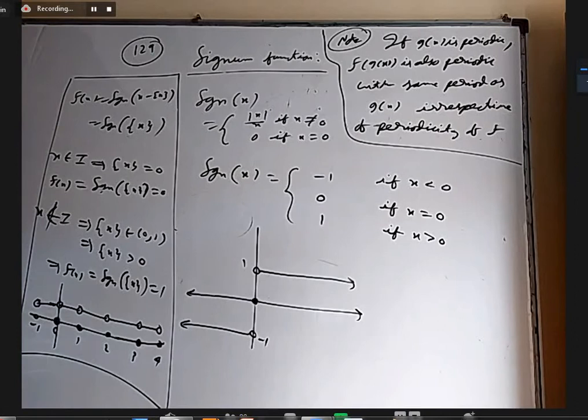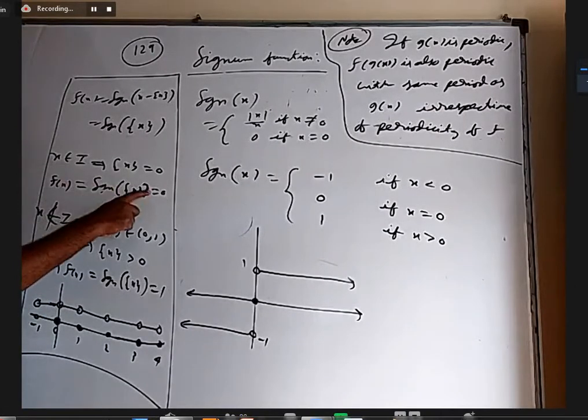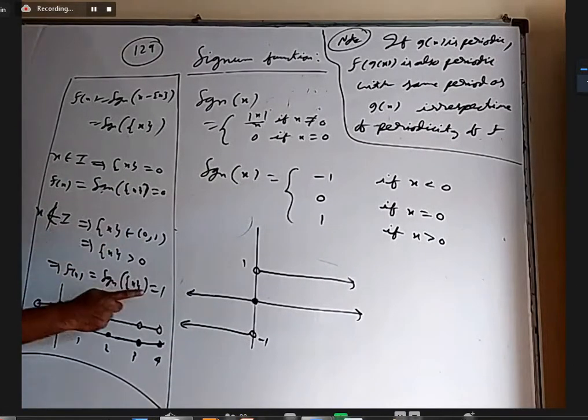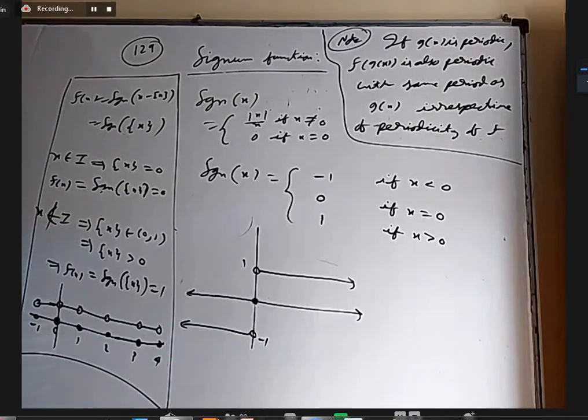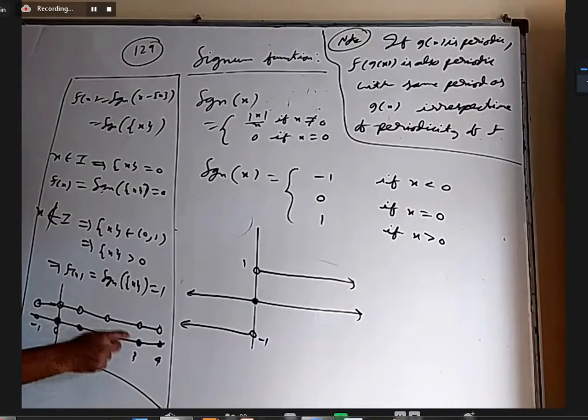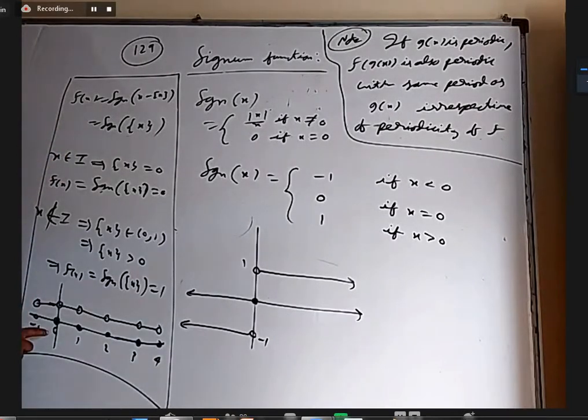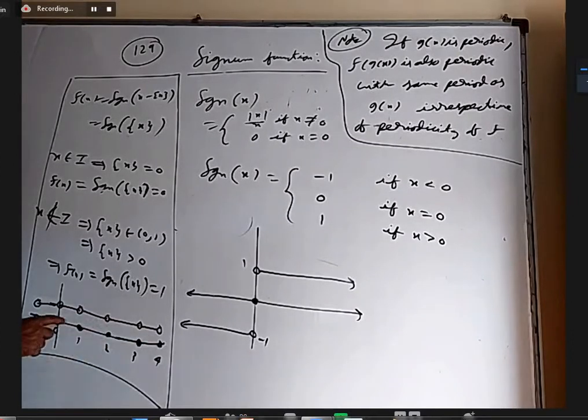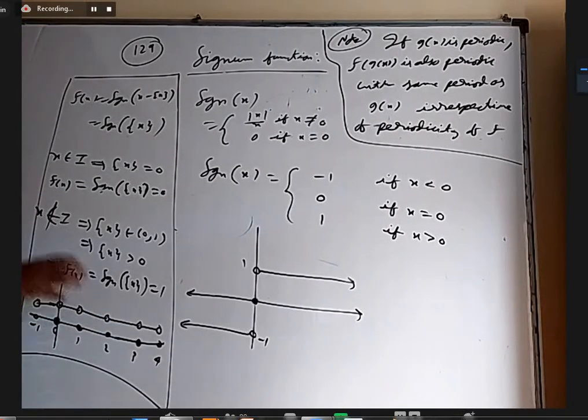So finally, what do you get for f of x? For every integer, the answer is 0. For every non-integer, the answer is 1. You can see that in the graph. At every integer, I kept a full circle. When it is between 0 and 1, it is always 1. When it is between 1 and 2, it is always 1. Other than integers, you take any other number, it is 1. So the graph is mostly this line, with a few dots missing. Whenever dots are missing, the dots are here. This is the graph. You can see that after every 1 unit, the graph is repeated. That is one way to say it.